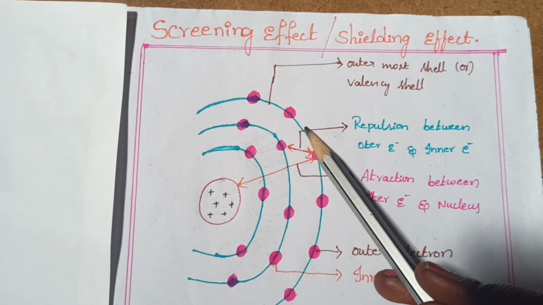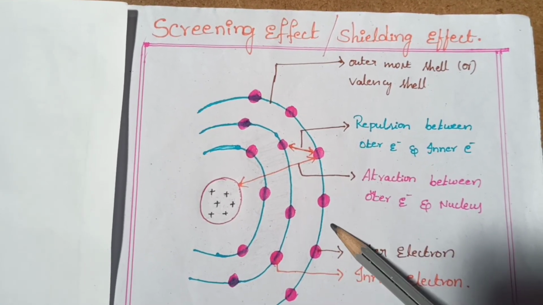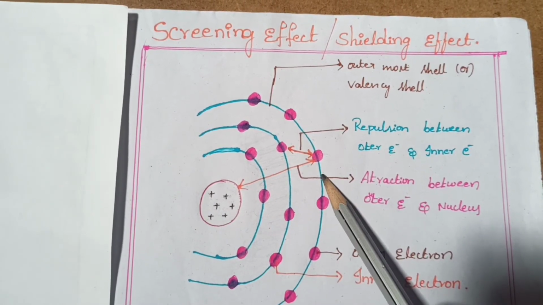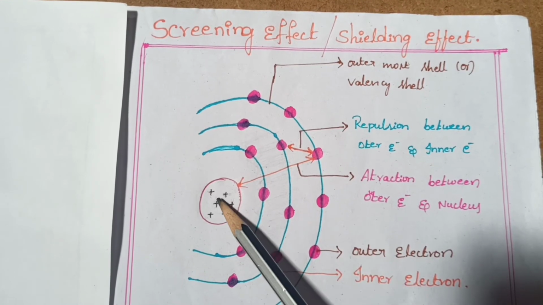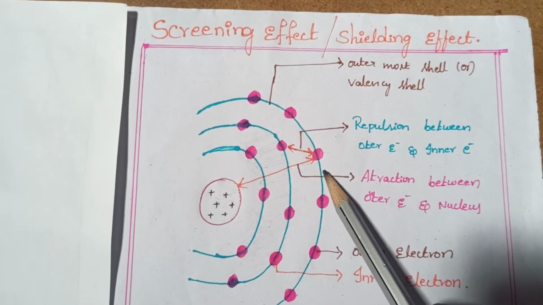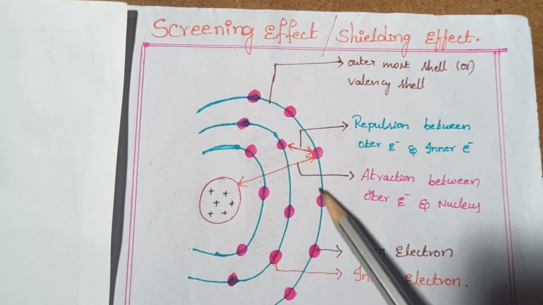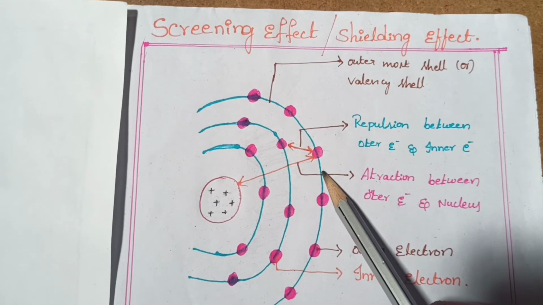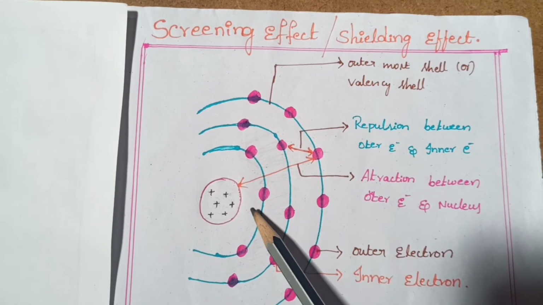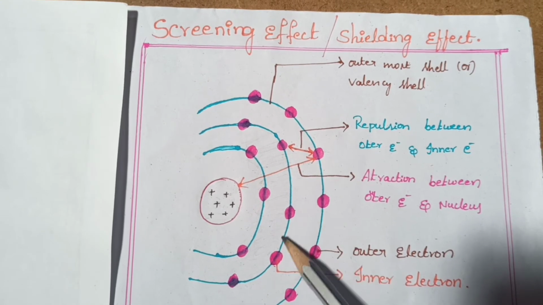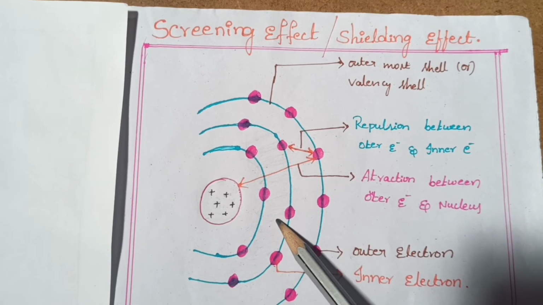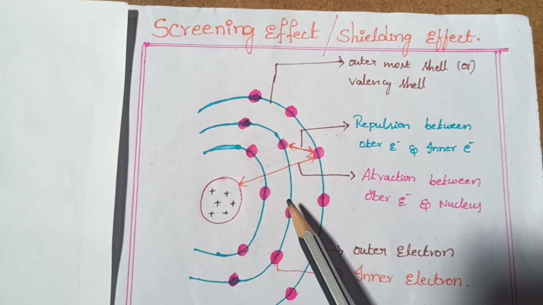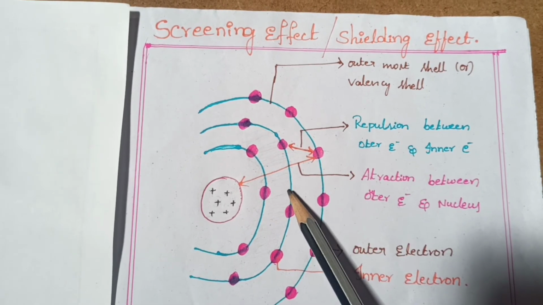The cinema theater screen is there, no? This is the outermost, this is the screen. We are sitting here, this is the cinema theater screen. Let us consider this is ourself and this is the outermost electron. The projector screen is there, that is the outermost electron. And in front of us one more row is there, one or two rows are there. Unfortunately, 2 or 3 very tall persons came and sat here,